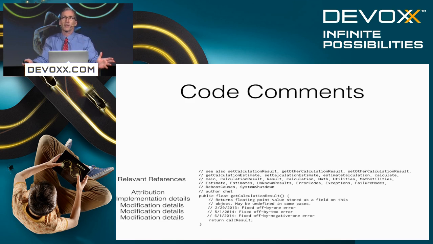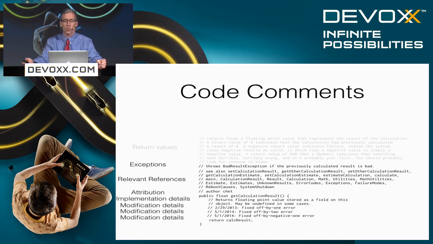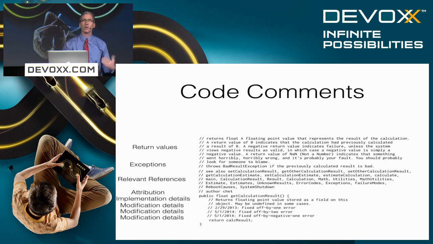Now, of course, something like this might easily throw some exceptions. So you want to be able to return the exceptions, and you want to tell the users important information about what those exceptions might be. There are return values, of course. In this case, we're returning a float. Well, what kind of float? What are valid values here? What should they expect? Is a -1 important? Is 0 important? How about not a number? I don't know. Well, I do if I have header comments in there, right? So add the comments, tell the people what's really going in there.